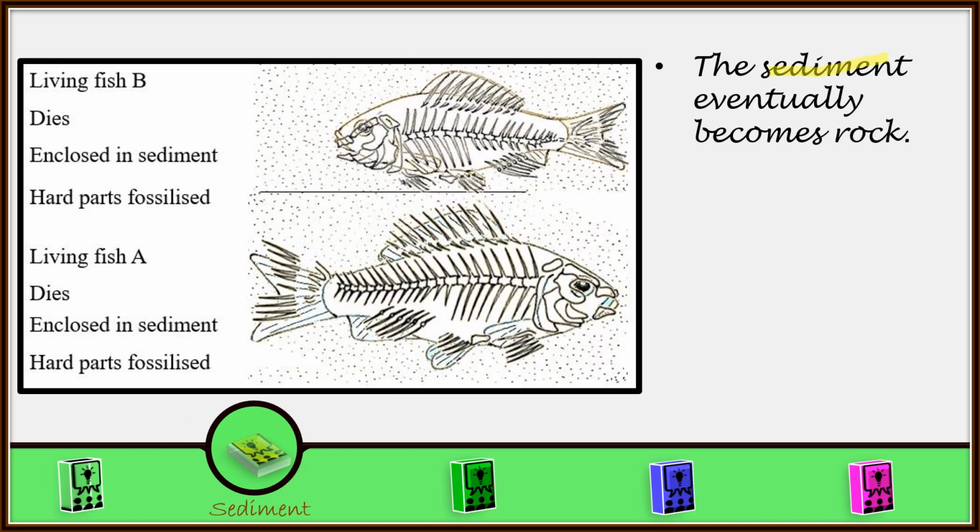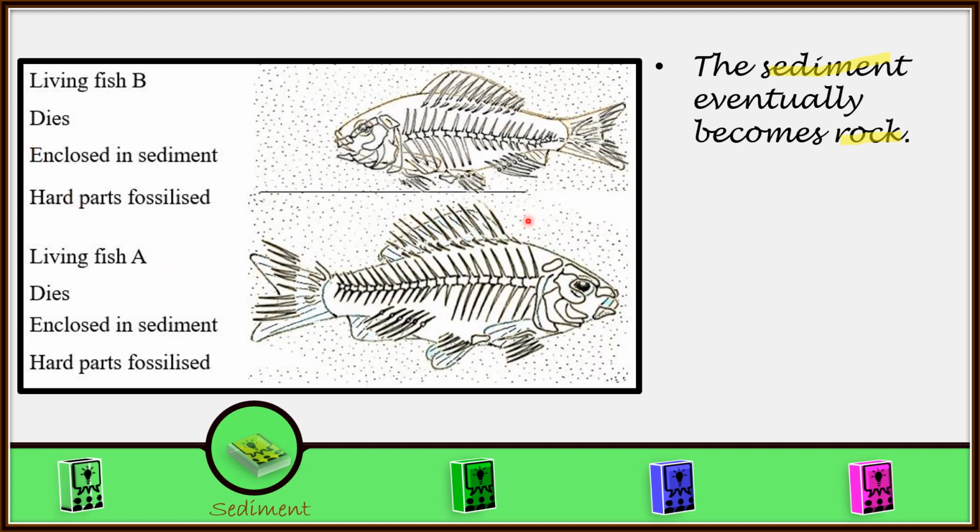The sediments eventually will become rocks. Here we are having living fish A and living fish B. This one dies and then is closed in a sediment. Hard part fossilized. This one is fossilized. And then living fish B dies and then is closed in the sediment. Hard part also fossilized. So as the fish dies, it is covered with sediments, which, whenever they become very